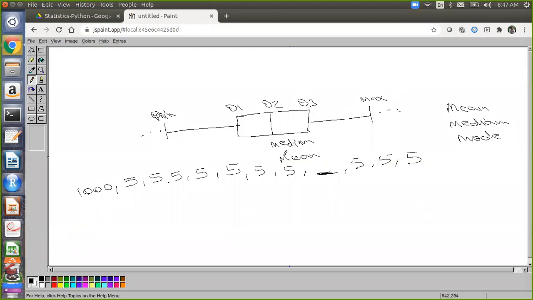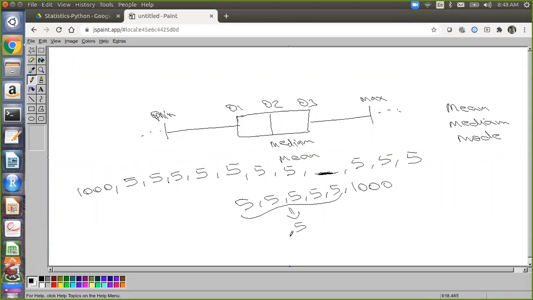Suppose I go on to another example, 5, 5, 5. If I ask you to give me one number which is the proper representative of this data, that number will be 5. How can I calculate it? Basically average. Average will give you the center, median also gives you the center, and mode also gives you the center. So these statistics, mean, median, mode, represent the center of your data set. What is the center of my data set, or how can my data set be represented via a single entity?